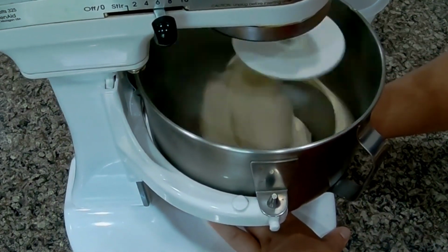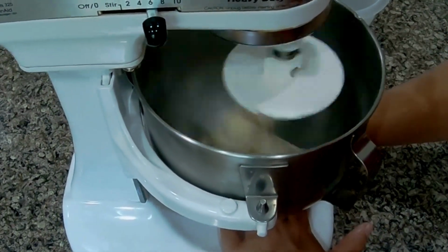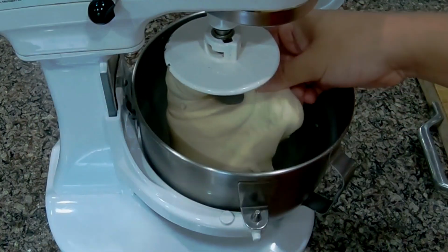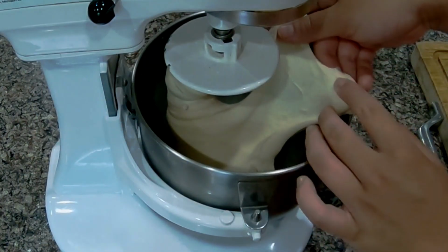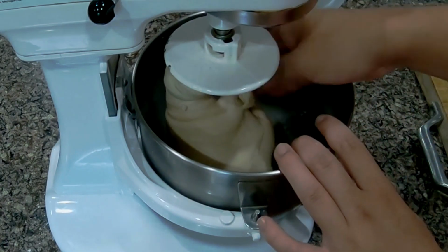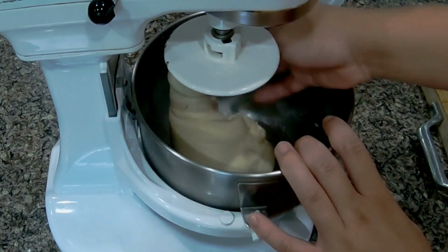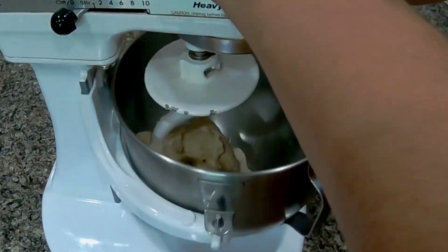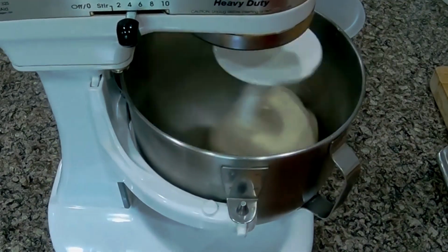Now to test if your dough is ready, slowly pull and stretch the dough between your fingers, trying to spread it as thin as possible. You basically want to spread it until you can almost see through it like a pane of glass, and that should mean that you've developed enough gluten. If it breaks any time before that, put that all back into the mixer and turn it back onto high